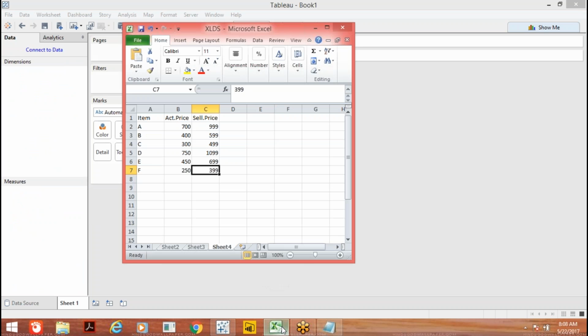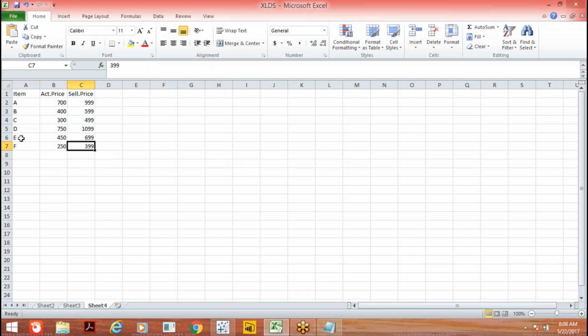Suppose, let me show you some data here. See here, I am having some items and their actual price and their selling price. So item A, its actual price is 700 and they are selling for 999, and 400 for 599, like this. Now this is the data that is given to you,